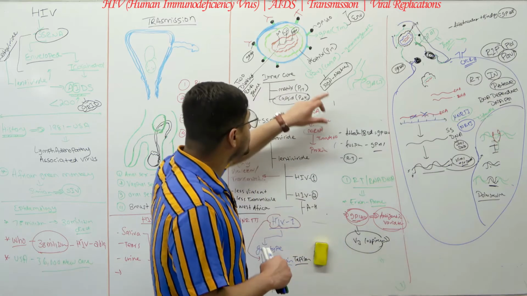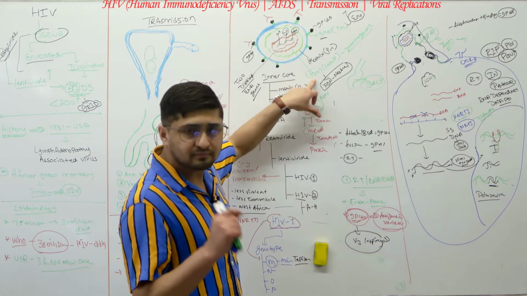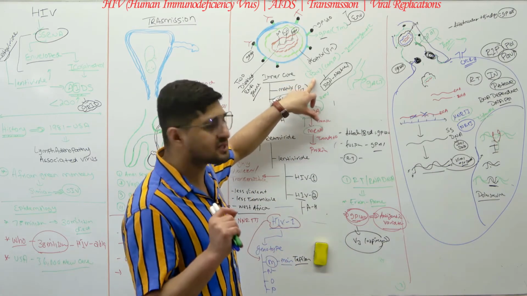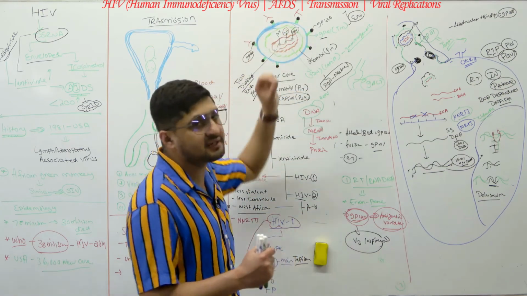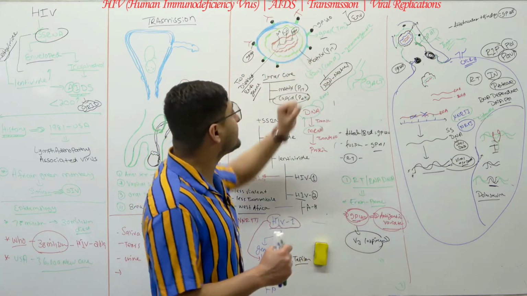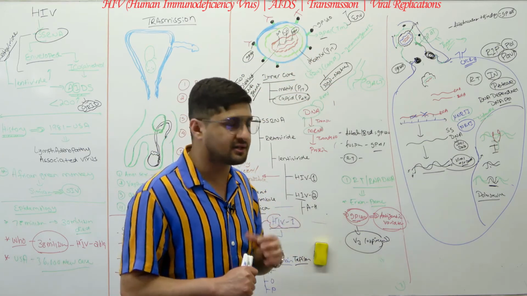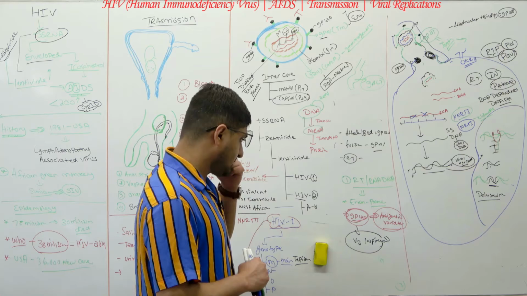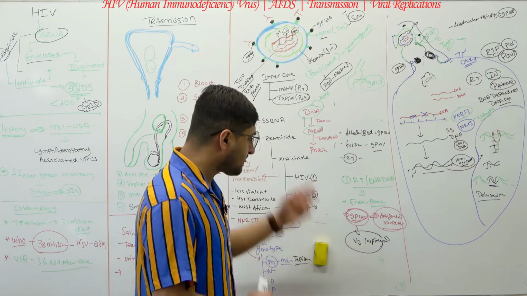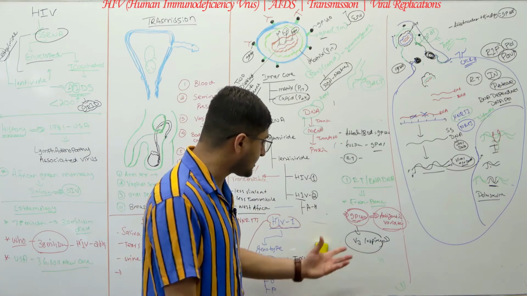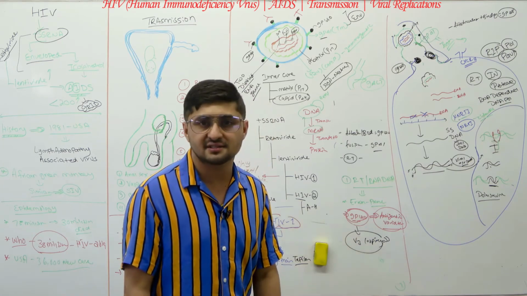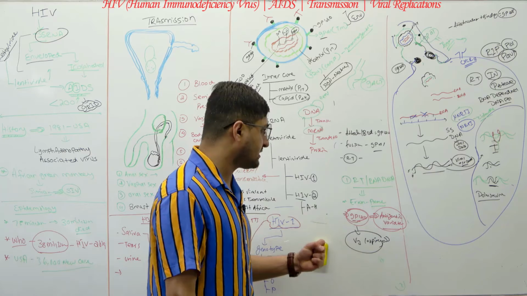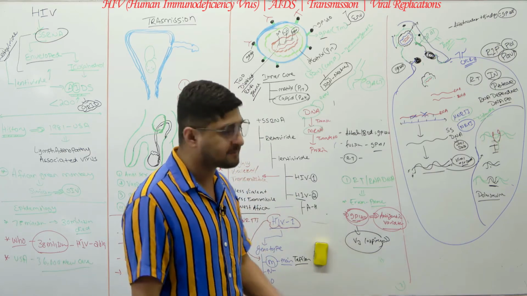So we use this for your diagnosis, but it is not neutralizing because it's inside. And those capsids are made by this P24, which is antigenic. But anyways, you have to remember this whole concept of why we're not able to make vaccines against this, because of the reverse transcriptase, right? Now